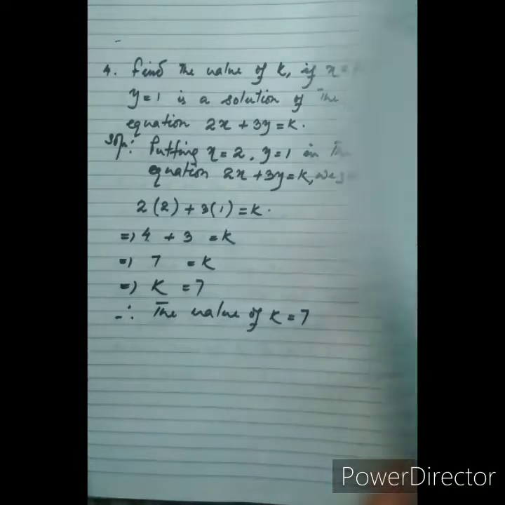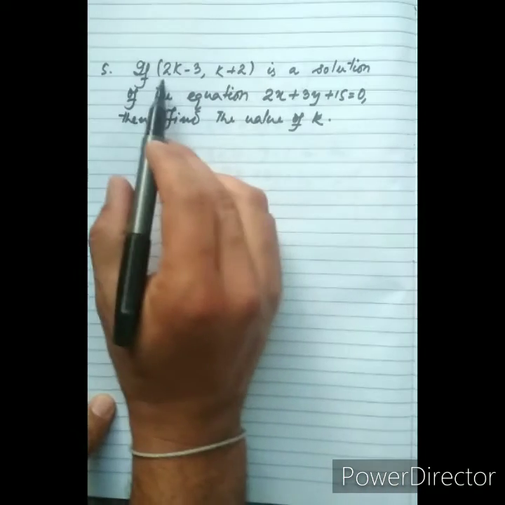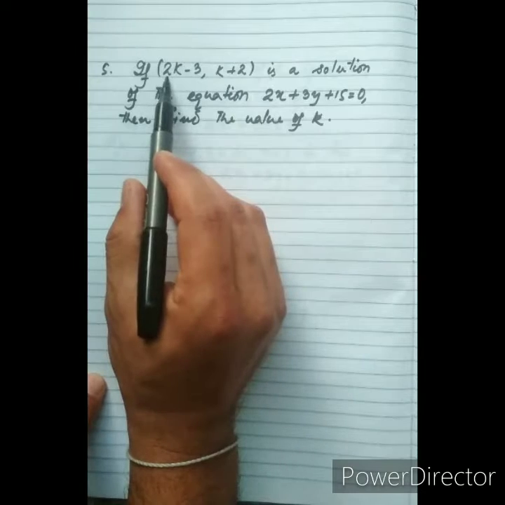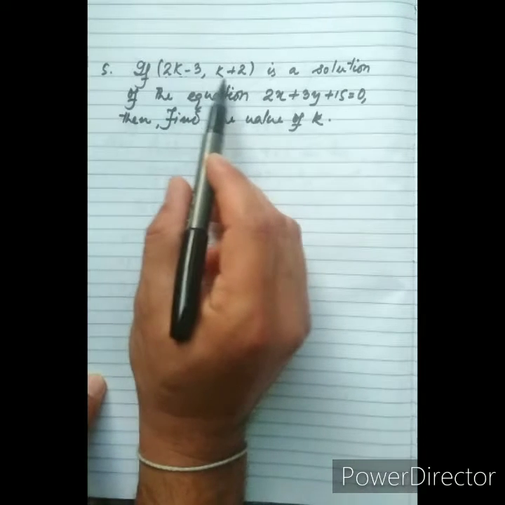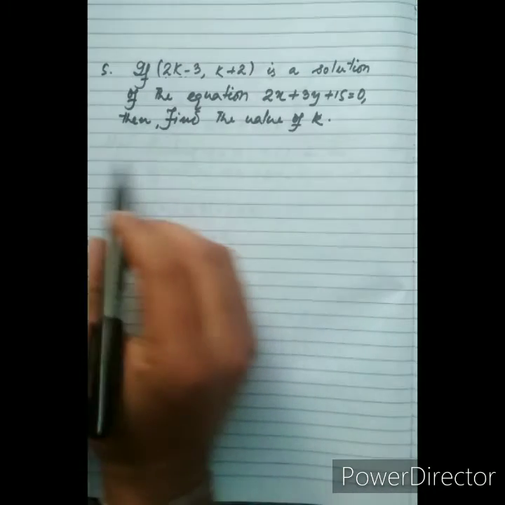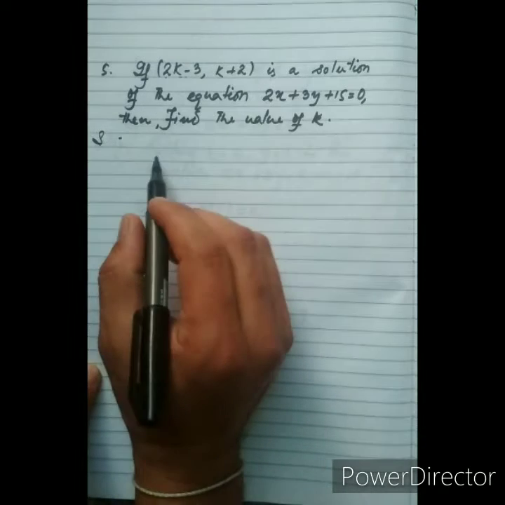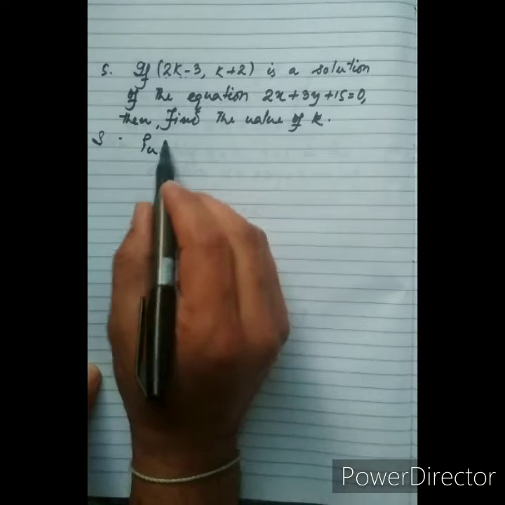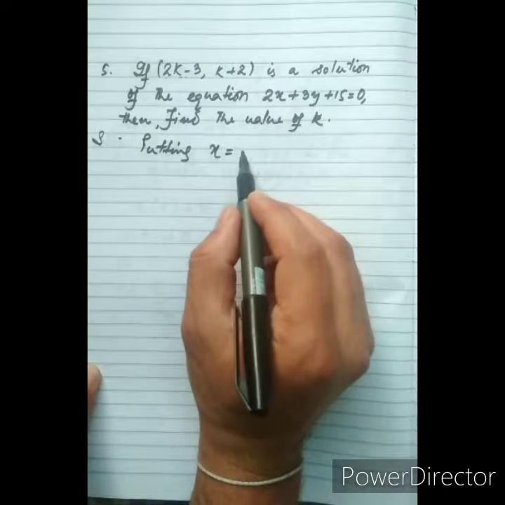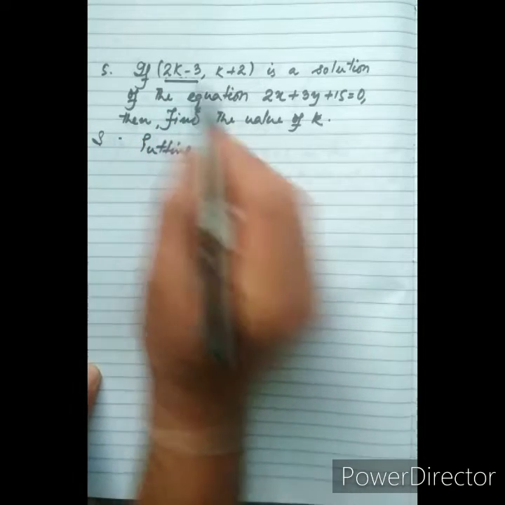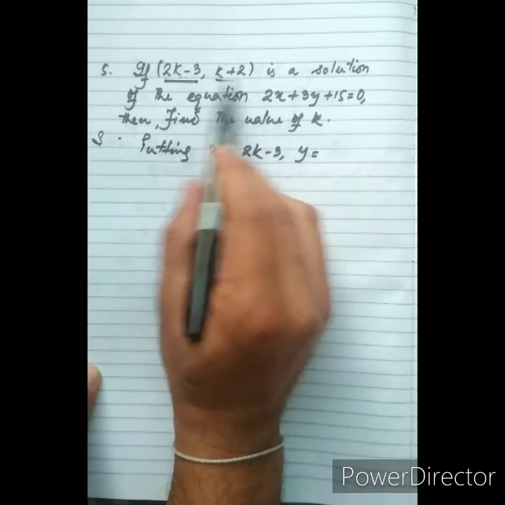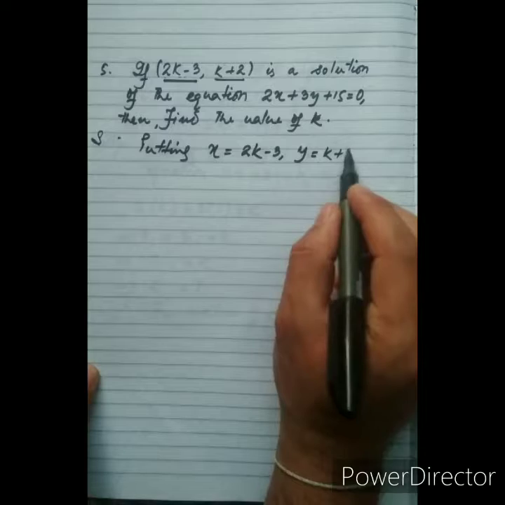So we'll see one more question now, and this also has a similar pattern, the same model as question number 4. Here twice k minus 3 by k plus 2 is a solution of this equation, and here also we have to find the value of k. So solution: putting x equal to how much? The first one is the value of x, twice k minus 3. Second value is y value, so k plus 2